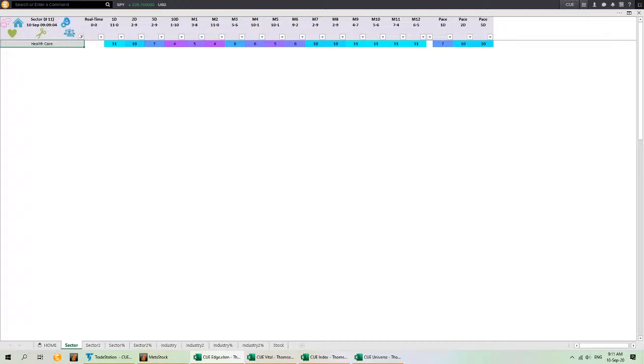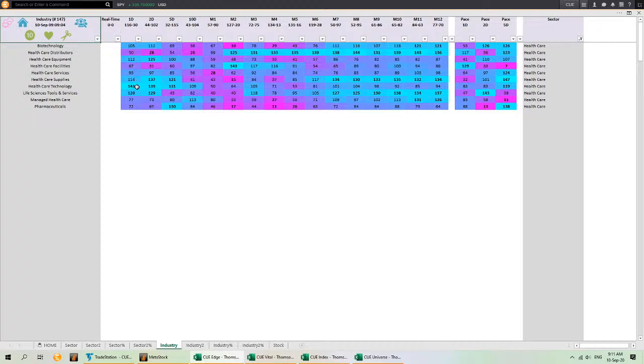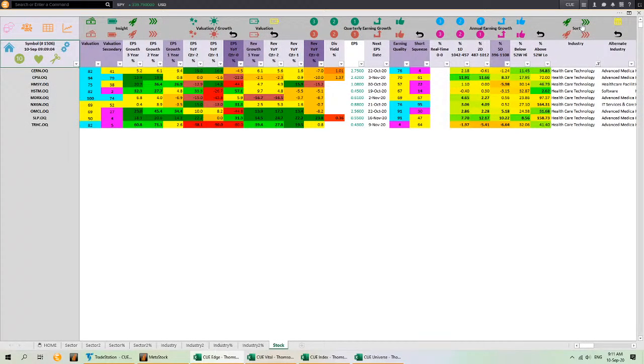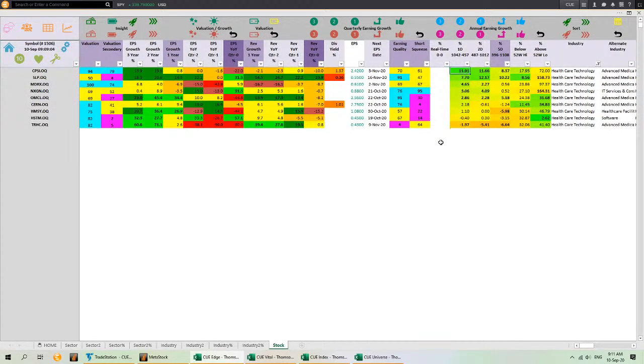Or if you wanted, let's do that also. From healthcare, you could go to the industries, healthcare industries, using the cog button. Then I don't even have to sort. I know healthcare technology was the best performer from the heat map. Now drill down to the individual stocks by clicking the peer analysis and click the sort button. So this is the industry leader,